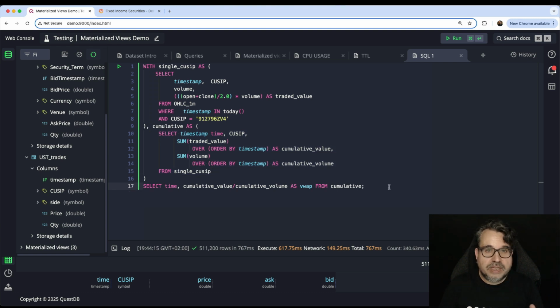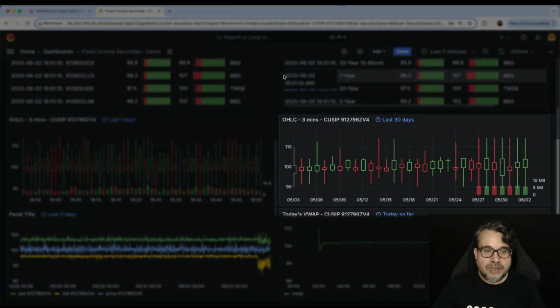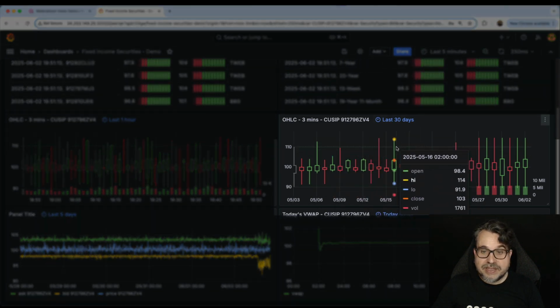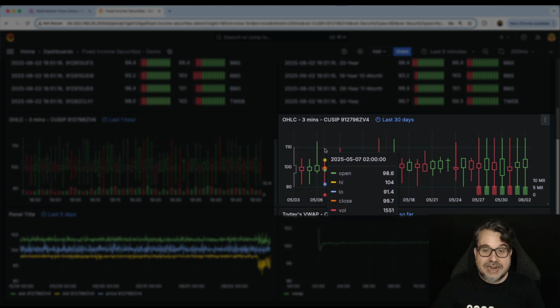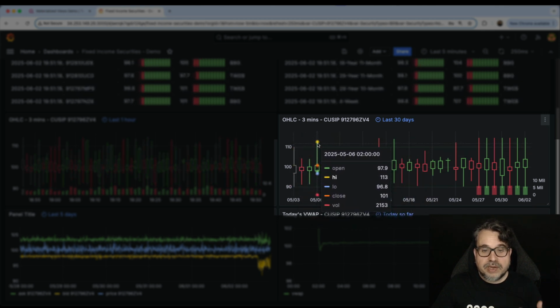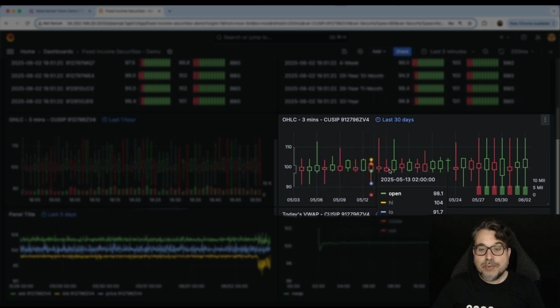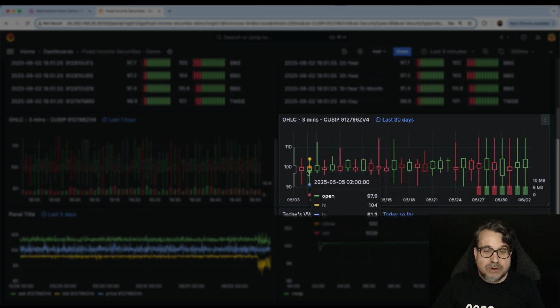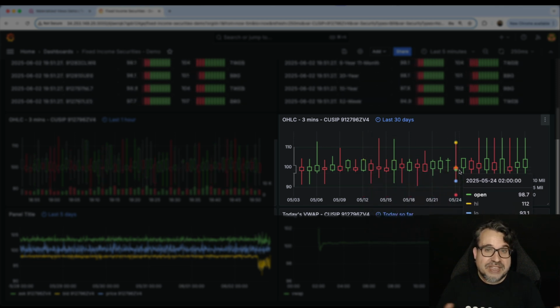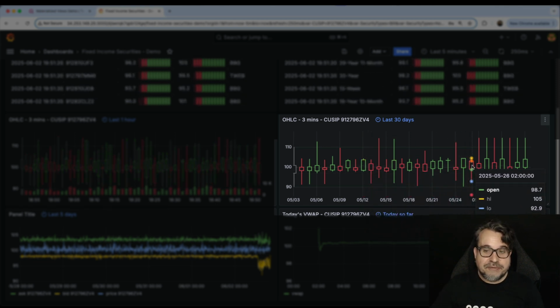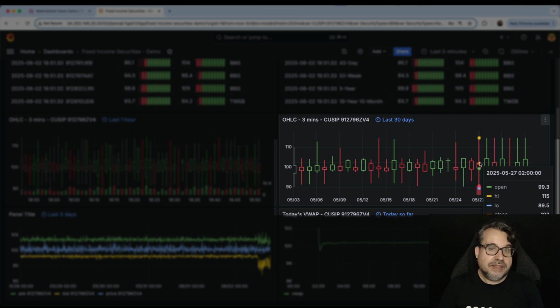But sometimes you don't need all that power. I mean, sometimes you don't need your view to materialize that frequently, every time there is a transaction. For example, in this dashboard here, one of my charts, this panel here, is displaying only one candle per day. So I have the open, high, low, and close for every day. In this particular case, I don't need my view to refresh constantly. It's wasteful to refresh for each transaction if I'm not going to be using intraday data, or even for intraday, you maybe want to refresh just a few times a day because you don't need low latency.